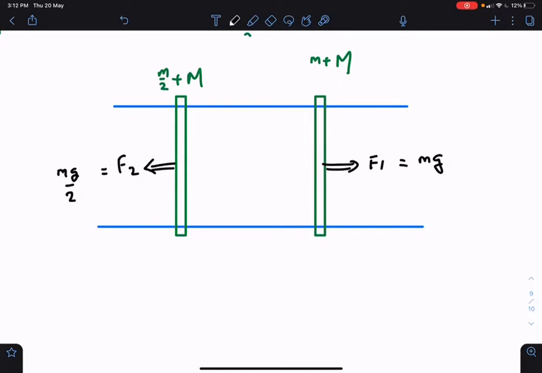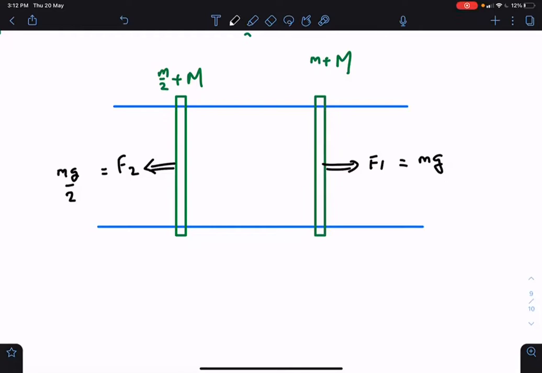And no calculations are being asked also. You just have to analyze the situation, come to a conclusion about what is happening, and then choose the correct answers. And you can expect multiple choice, multiple correct type in comprehension also. Nowadays it is coming. Paragraphs also having multiple answers. In fact, paragraphs having matrix match also. So anything can be expected. So in this case, ILB should be greater than mg by 2 and less than mg, sir.